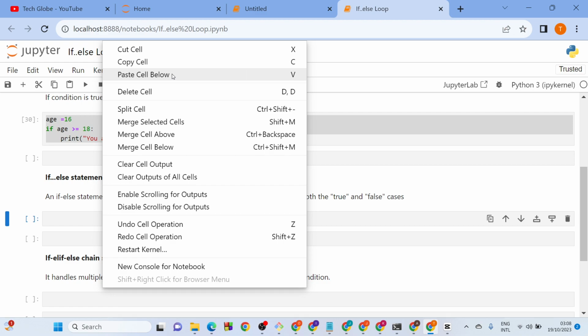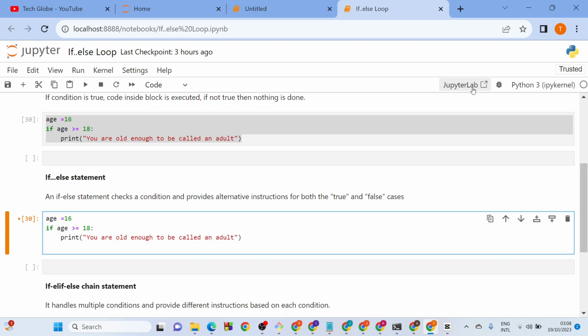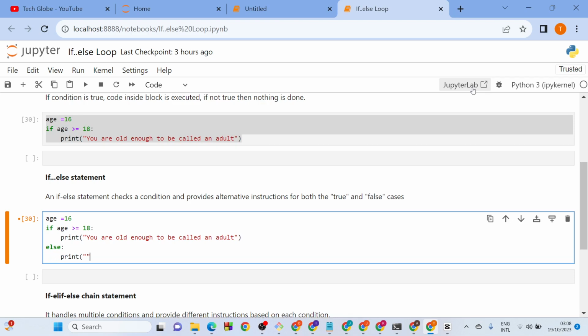So yes, this is the program I wrote before. If age is greater than or equal to, print this. So I'll add another statement, and that will be the else statement. Since what if age is not, I'll use else. I'll put my colon. Else print this,